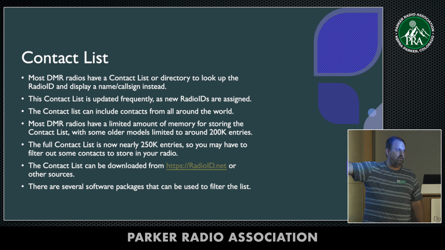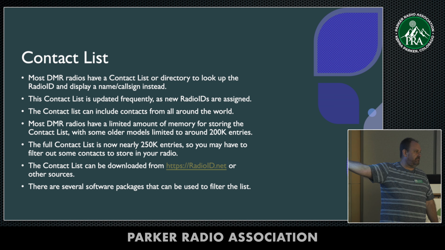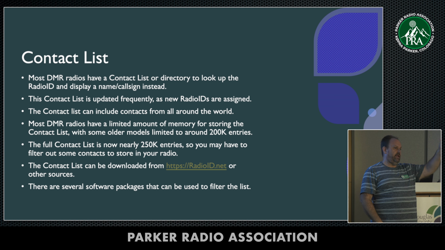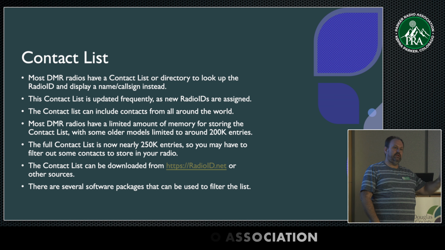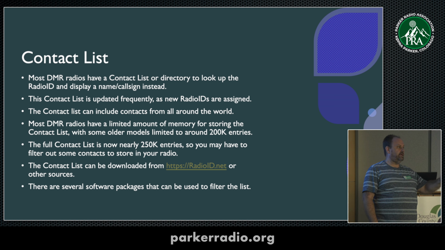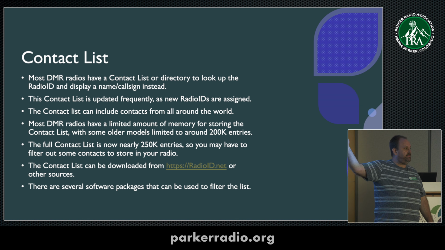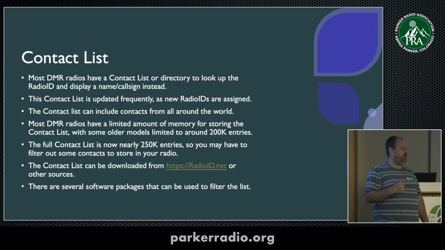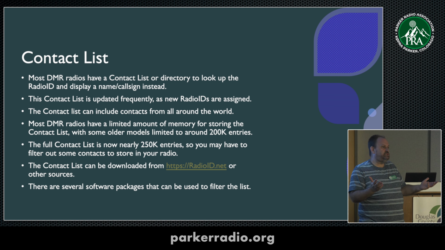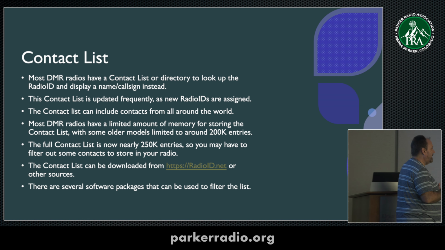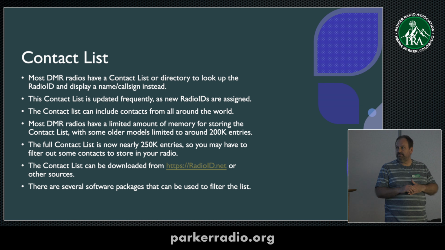You can go to radioid.net where you signed up for your radio ID. And in the navigation bar on the left side, there's going to be a listing for contact list. And you can tell it you want to download the contact list as a CSV file, a comma-separated value, just like you would do with an Excel spreadsheet. And that CSV file can be imported by the CPS and then written out to the radio. So about once a quarter is usually when I do that,